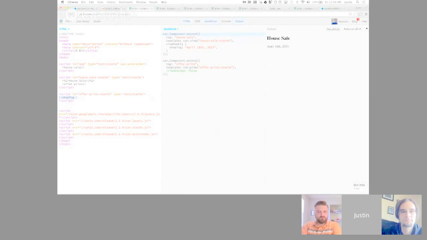And you can see here that maybe my offer price should not, we don't want that widget, we want that widget's showing to be explicitly passed. We don't want it to just go randomly find some potential parent showing property and actually put that there. But this is exactly what happens. There's this leak scope option where if we change that, then it doesn't